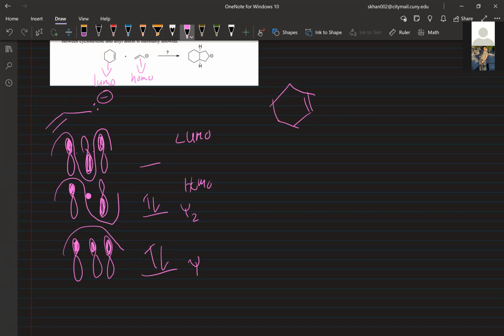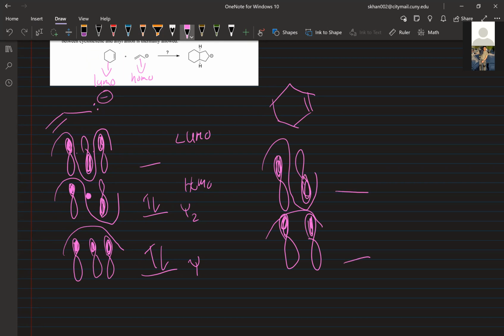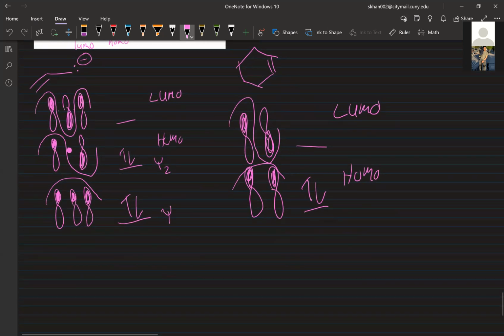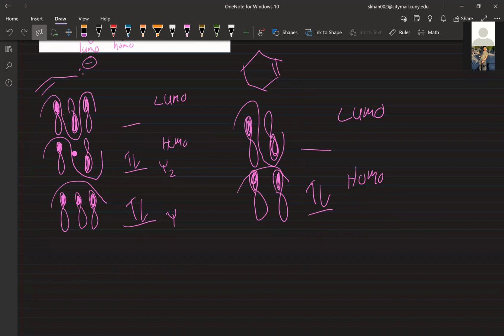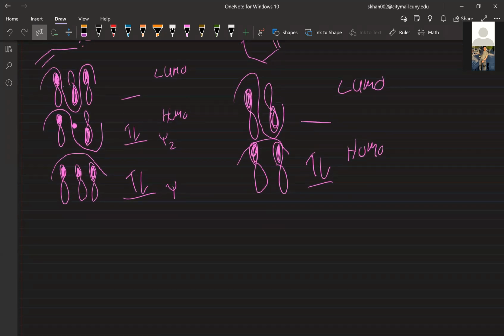Right. So here we have 2, right? So this one is simple. Let's draw it this way. In phase, 1 wave, out of phase. Only 2 electrons. This is our HOMO. This is our LUMO, right? Now we're kind of doing the same two things, right? We're seeing if the HOMO and LUMO can interact with each other, right? So we could draw this